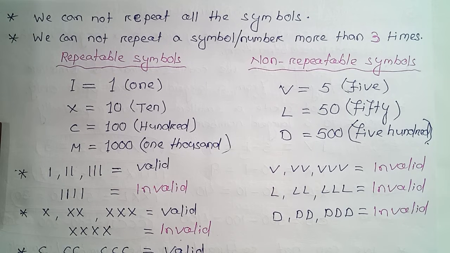Not more than once. Now let us take some examples. I, II, III is a valid number 1, 2, 3, but 4 times I is invalid. Okay, X, XX, XXX, 10, 20 and 30